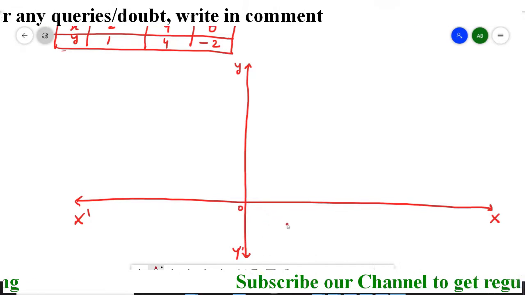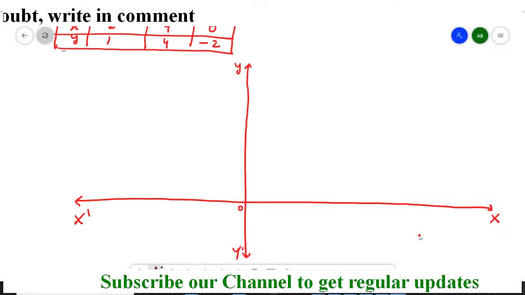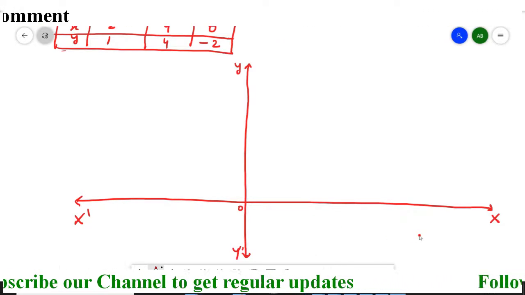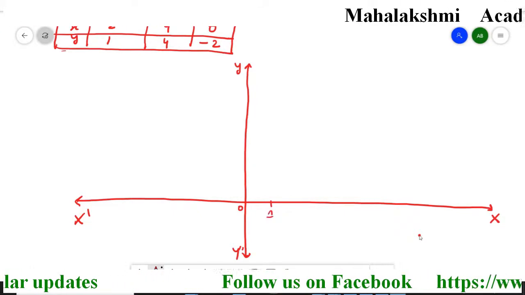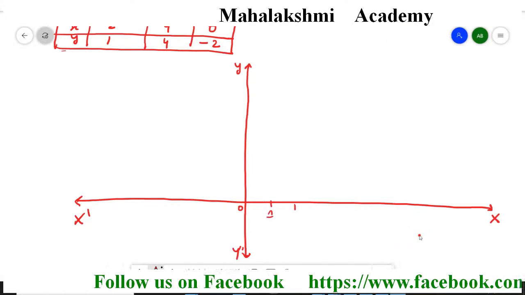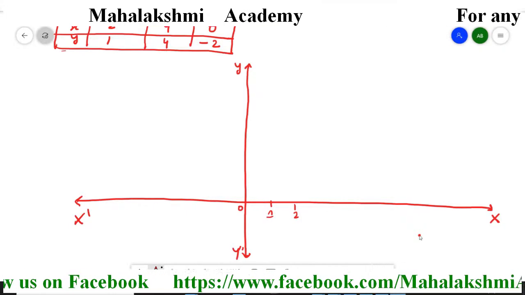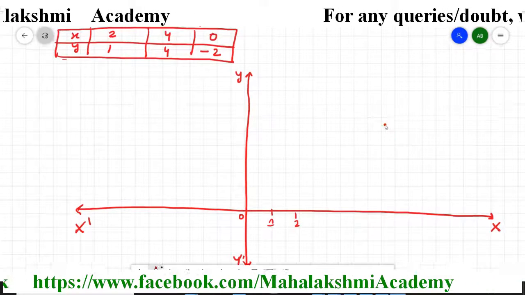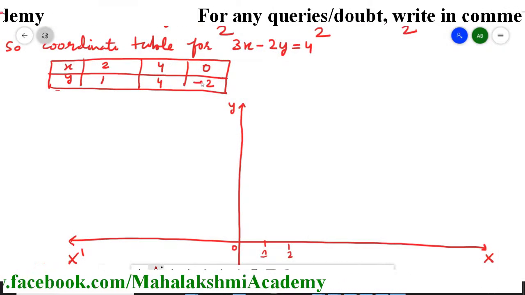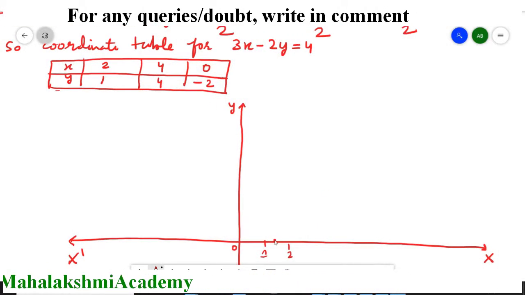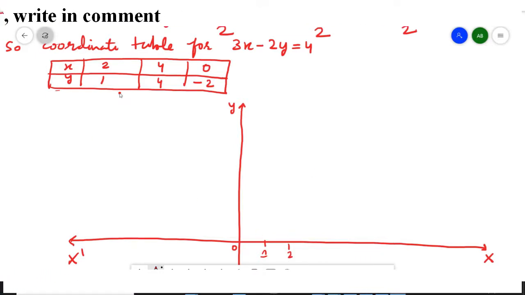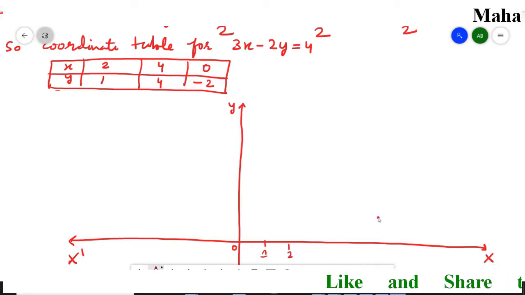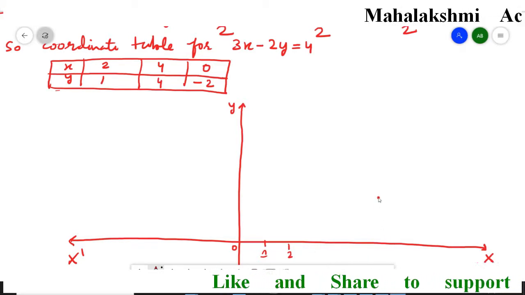Now we'll put the points here. We'll mark the points. On the graph you have the dark lines. On those dark lines you just write down 1, according to your range of data. My data are, because you can see the table, ranging from 1, 2, 3, 4. All are small data, that's why I am writing here 1, 2, 3, 4, 5 like this. And if you have large data, suppose you have here 50, 60, 70 like this, then you have to take here 10, 20, 30. Same way.